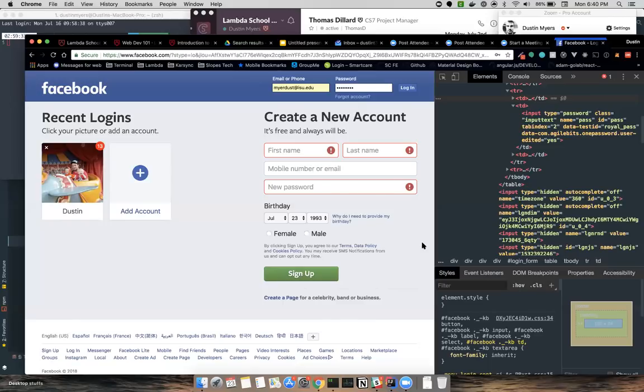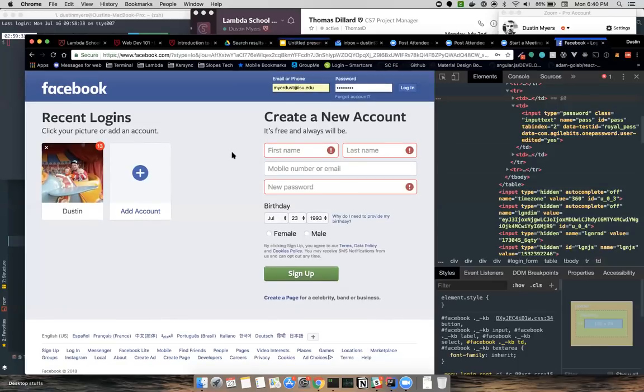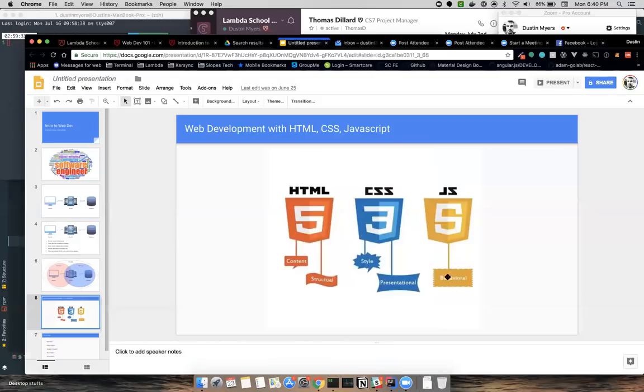So that's what HTML and CSS are. They build the structure and they give the design for what we're trying to build. The JavaScript is where you'll spend most of your time as a developer, actually writing the logic, or the JavaScript, for these websites. The JavaScript is the behavioral part of this front-end trio here.